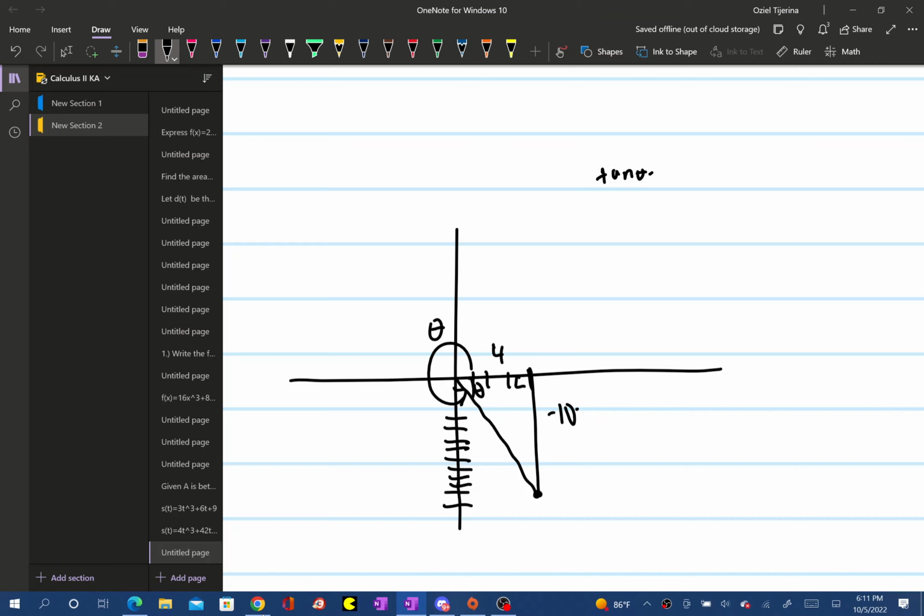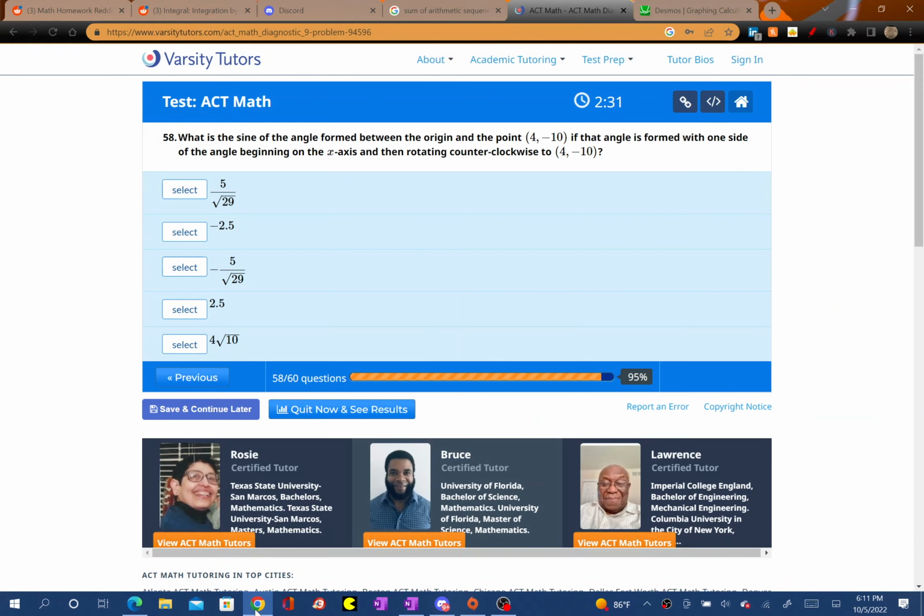Tan theta is -10 over 4. I can do tan inverse of 10 over 4, because I can't really do, if I do 10 over 4, that'll just be 68 degrees, but